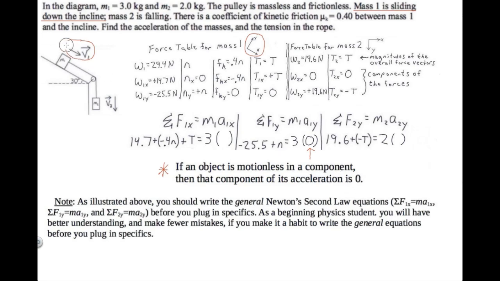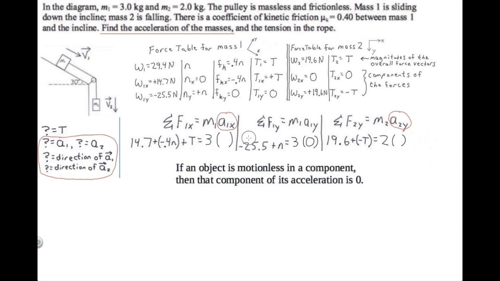Mass 1 is moving parallel to the incline in the x component. Mass 1 has no motion perpendicular to the incline. Mass 1 is motionless in the y component. So we can substitute 0 for a sub 1y in the Newton's second law y equation for mass 1. There's no reason to substitute 0 for a sub 1x or for a sub 2y. In fact, a sub 1x and a sub 2y are what we need to figure out in order to answer